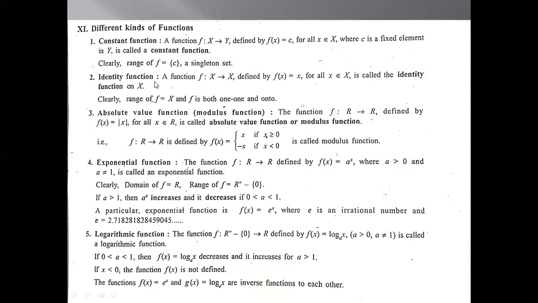Next, second one, identity function. A function f: X to X defined by f of x is equal to x for all x belongs to X is called the identity function on X. Whatever you take in place of x, the output will be the same. F of 2 is equal to 2. F of minus 2, you will get minus 2. So input and output both will be the same in the identity function. Clearly, the range of the function is equal to capital X. Okay, and f is both